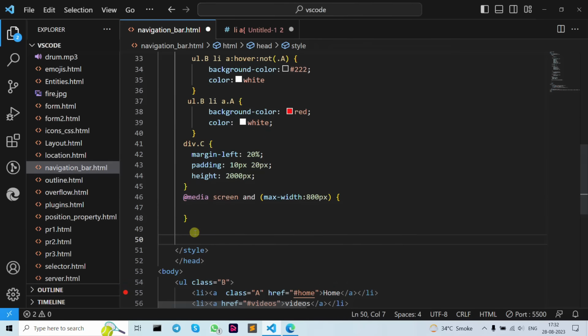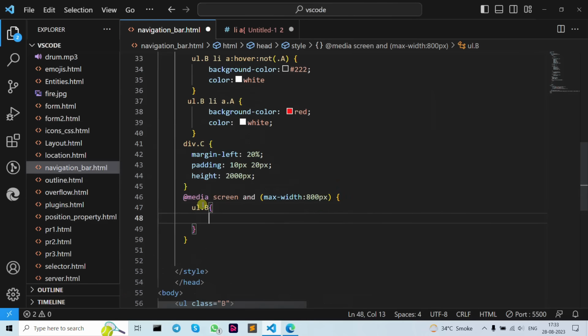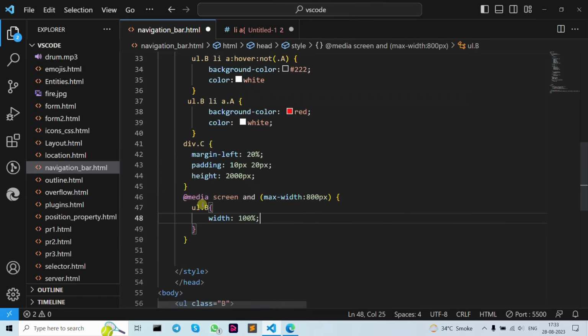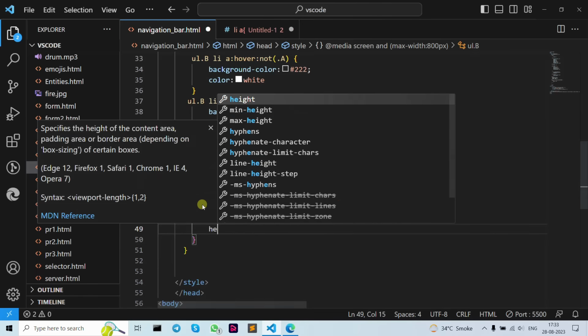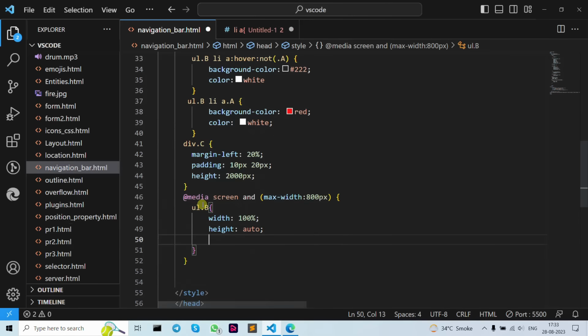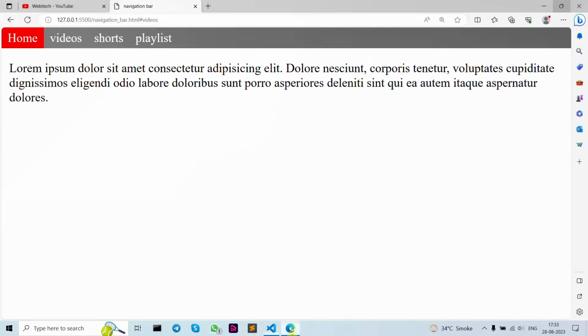Now let's write down our ul dot capital B and give them a width 100%, then a height of auto, then our position as relative, then save. As you can see,